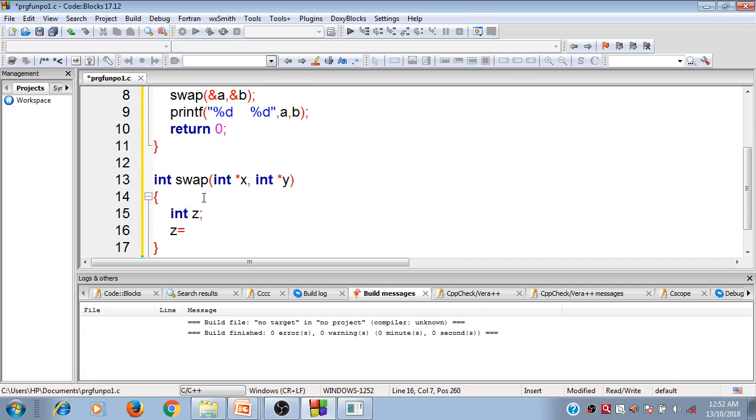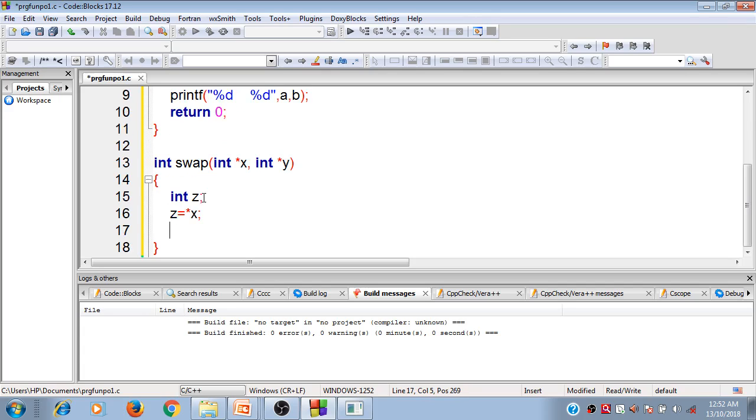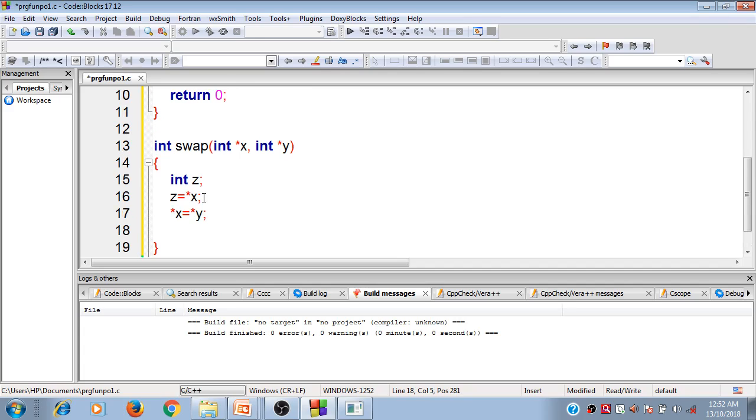What I will do is z equal to asterisk x, then asterisk x equal to asterisk y. I will explain how the swapping takes place. And asterisk y equals z.